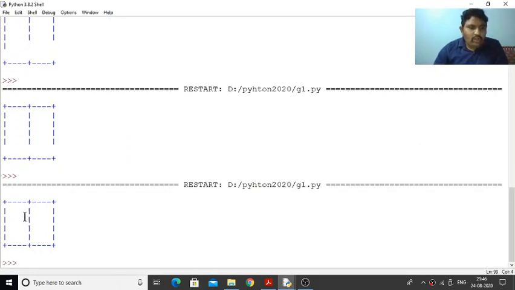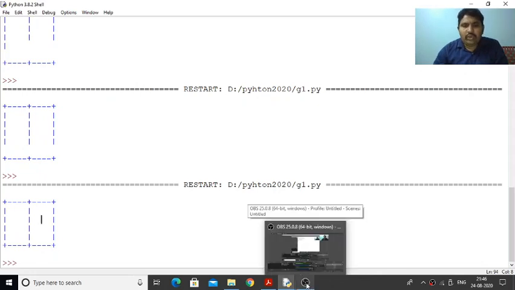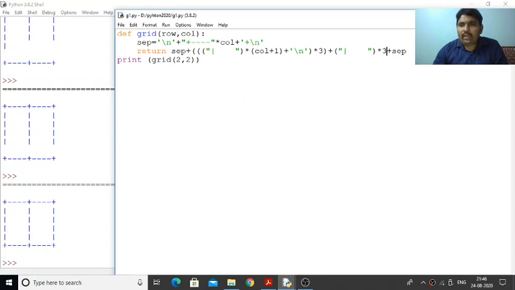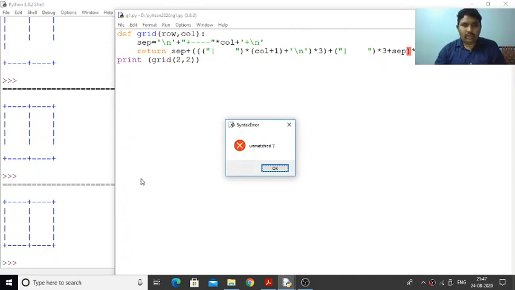Okay, we achieved it. So we are able to form the first grid and second grid, but the third and fourth grids are also required. Now it is very simple. What we need to do is just repeat it for the number of rows. How many times is it required? We just put this entire thing in a bracket or whole and multiply with the number of rows. It is required 2 times. Just save this program and execute.